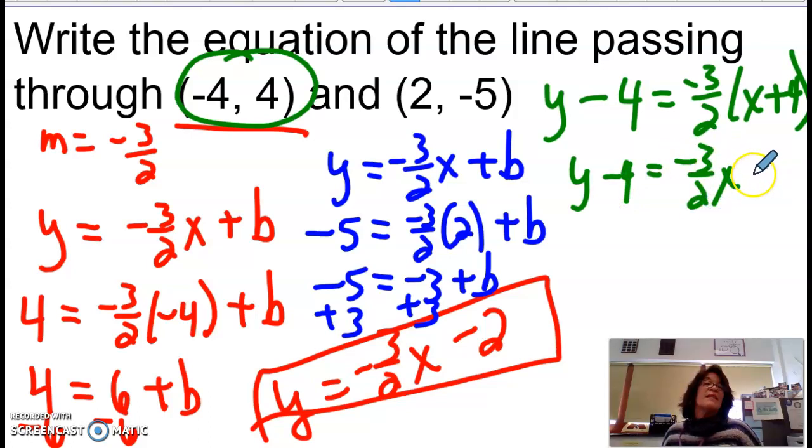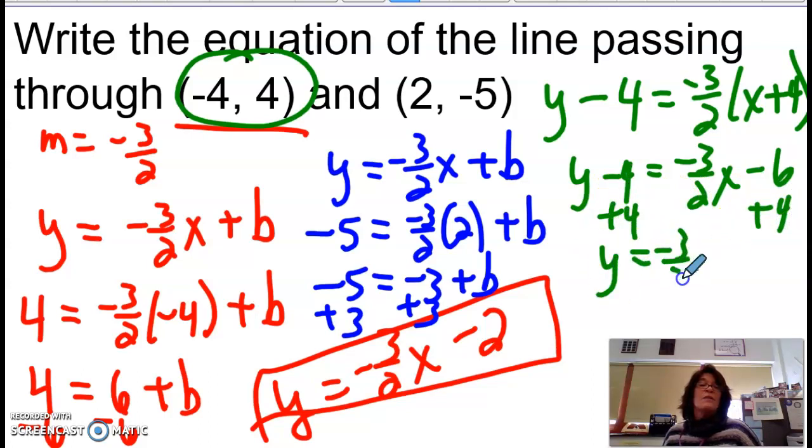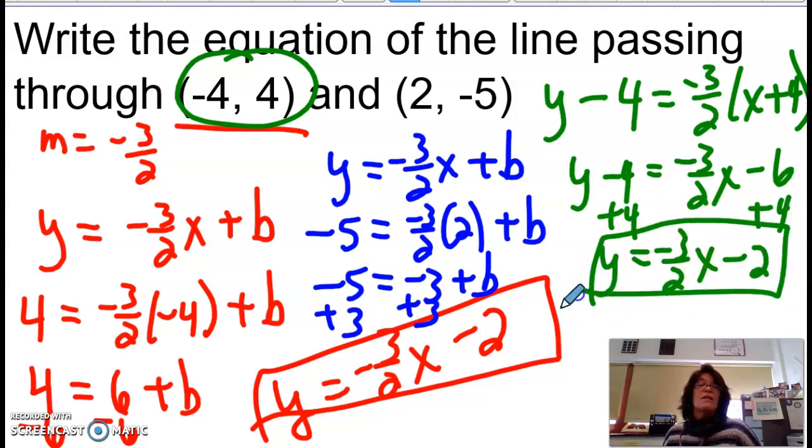What would that be? Minus 6, right? Negative 3/2 times 4 is minus 6. I'm going to add 4 to my negative 6. Oh my goodness, I got y equals negative 3/2 x minus 2. There's a shocker. Okay? And somebody else, of course, the last way is to do y minus